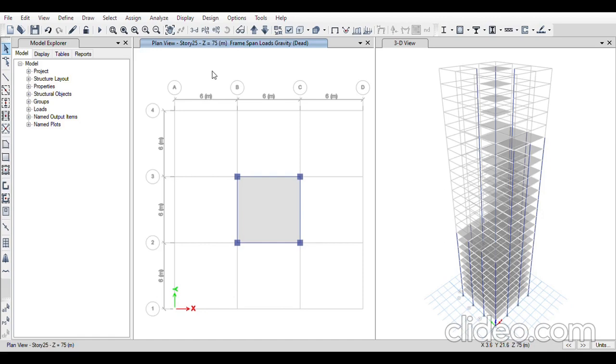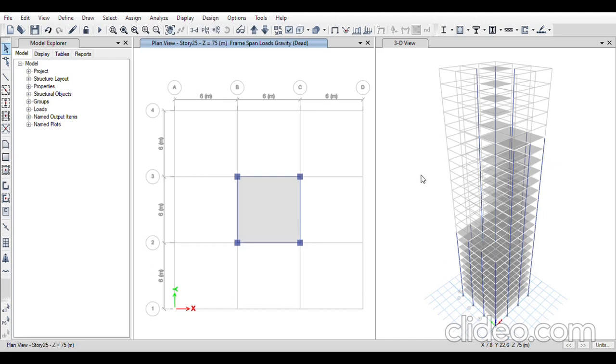Now we have assigned the load, and now we'll define the wind load. I'll go to loads. I'll take load cases. I'll take load patterns, in which I'll type wind here. Now I'll select wind load here. Then out of this, I'll take the IS code, IS 875-2015. This is the IS code for wind load. I'll click on add new wind load.